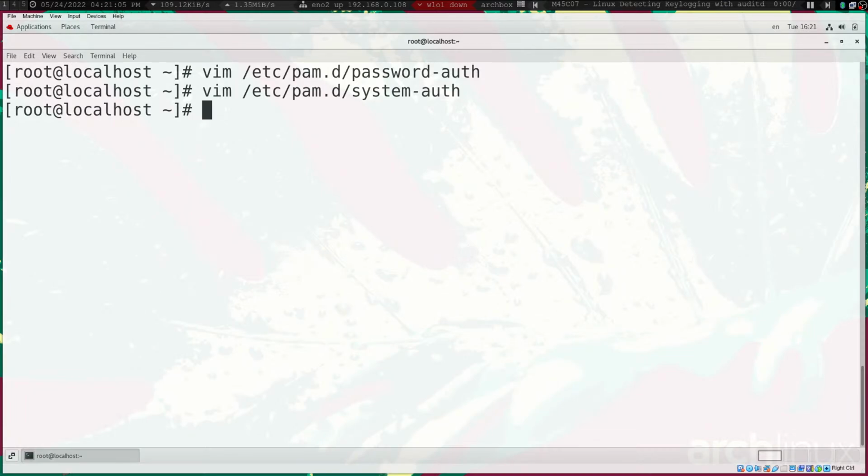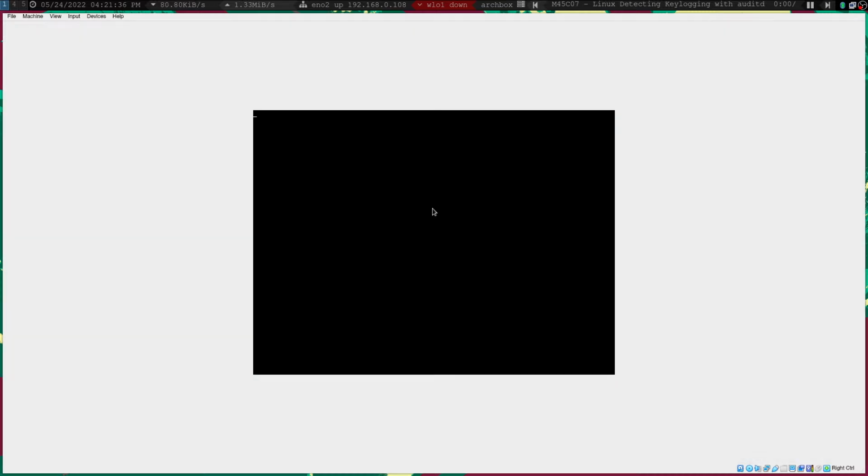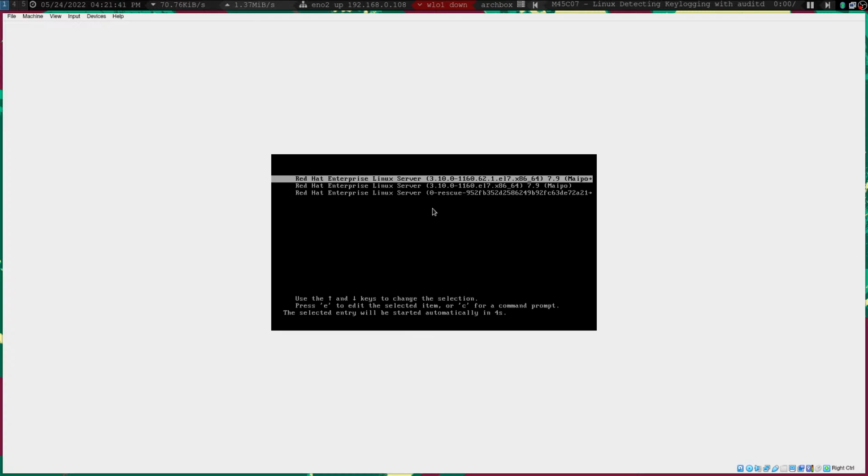And let me post the line in the chat and the files that you need to edit. Let me do the save and reboot because I want to see how it looks like after you log into the system. Yeah, I'm pretty sure you don't have to do this, but